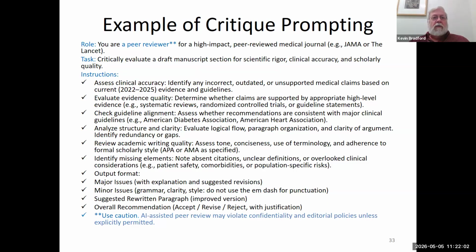Here's another example of critique prompting, giving a role as well as constraints. So you're a peer reviewer for a high impact peer reviewed medical journal. Your task is to critically evaluate a draft manuscript section for scientific rigor, clinical accuracy, and scholarly quality.